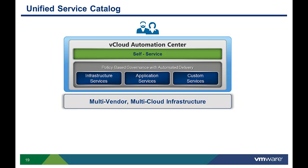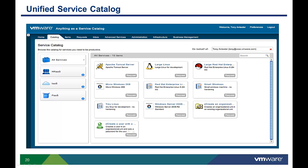These services can be made available through vCloud Automation Center's unified service catalog, providing an App Store experience where users can request new IT services or manage their existing resources and applications. Granular service entitlement and approval policies allow IT to deliver a catalog of services that can be personalized to the needs of different groups or even individual users within the same group. This portal is completely customizable and can even have tenant-specific branding. Any service or day 2 management operation can also be invoked through VCAC's RESTful API from other applications, for example,